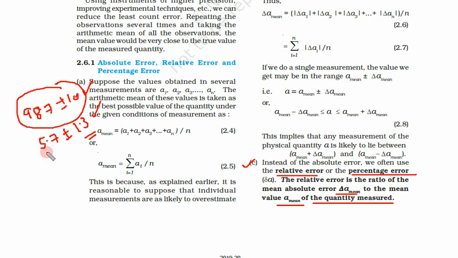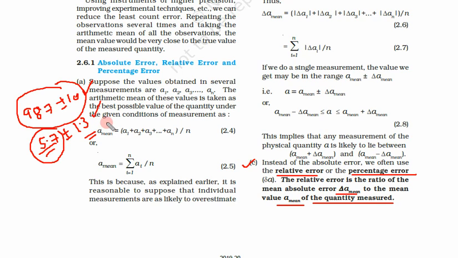But if you see this error in comparison to this quantity, even though this absolute error looks very small, this error is very large for this small quantity. So this is around 20% or more than 20% of this value. Here it is around 1%, here it is around 20% of this value. So even though the absolute error looks big here, and looks small here, that's why we use the terms relative error and percentage error.